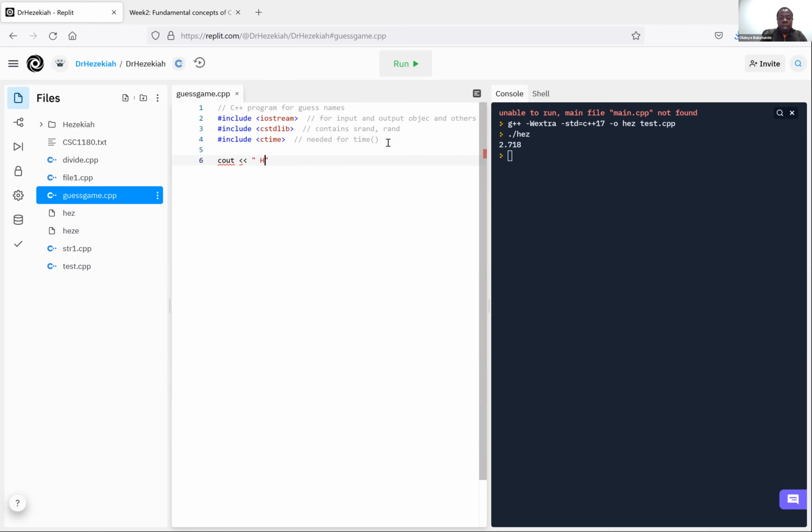I want to print my name now, Hezekiah. So then you have a semicolon, right? I'm assuming that my audience has a background in C++. Now, if I don't have a namespace declared, I have to do this. All the time I am typing cout to print, I have to put this scope resolution operator beside it, okay? Now, to avoid typing std: all the time, I will declare using namespace